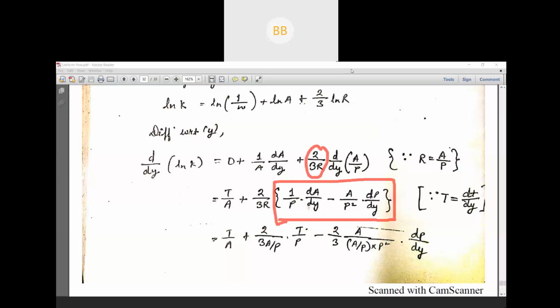Afterwards we are going to multiply. In the next line, p by A will remain the same, then we multiply it by 2 by 3 r. First we multiply with this term, then we multiply with this term. So we have p here, and r we can write as A by p, so this p will be cancelled out. By 3 r, in place of r we write A by p,